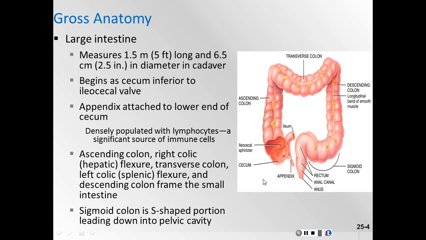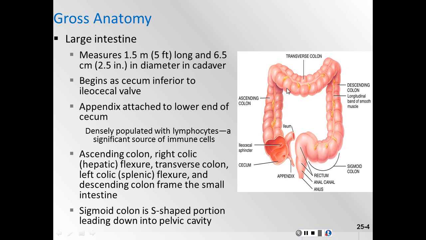Now, attached to the lower end of the cecum is the appendix, and it's a blind tube, approximately 2 to 7 centimeters long. It is a significant source of immune cells. Okay, so the colon is that part of the large intestine which you'll find between the ileocecal junction and the